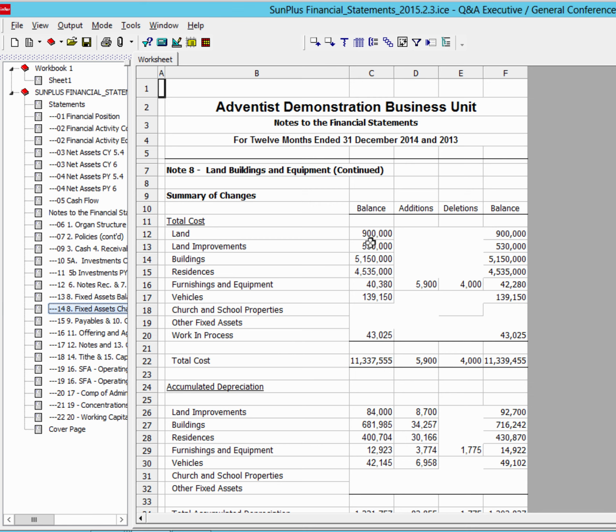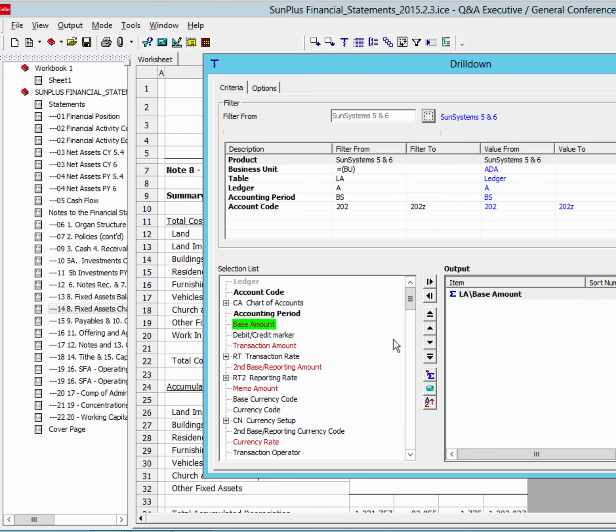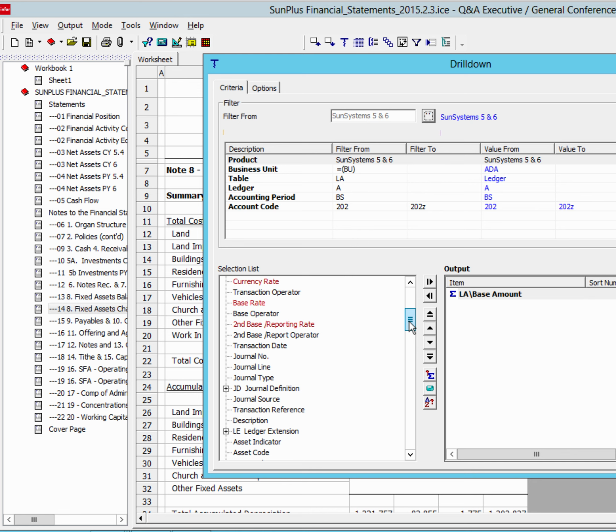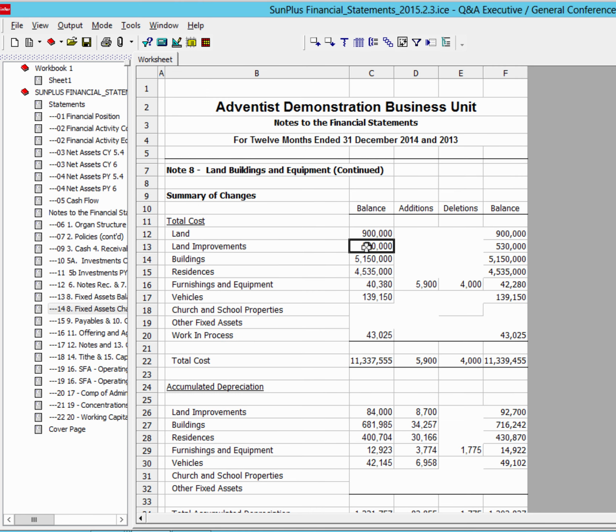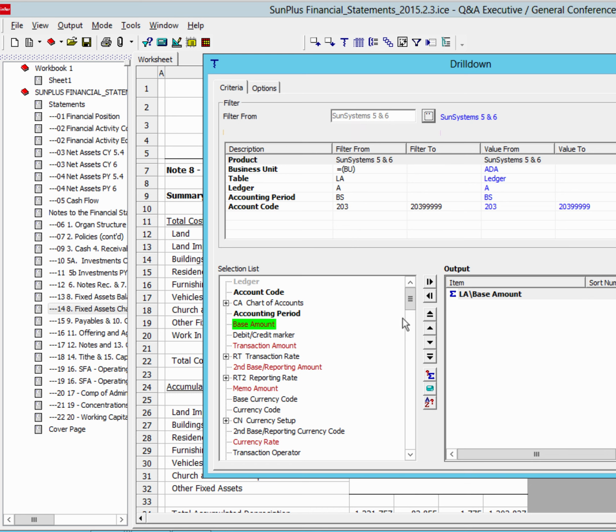Now all of these numbers are drill downable. You can drill down on it, specify, and I want to see the asset code and the asset code name that makes up that number. So I'm here, I just click the beginning balance on buildings, let's say, what makes up that number. So I'll drill down, specify, and I'll come down, and we haven't ever used this in any video before, but you can see right here, the fixed asset register is right here under this AR,